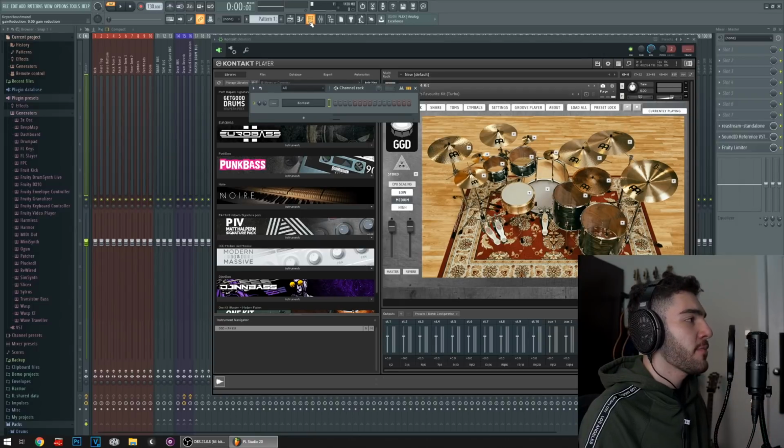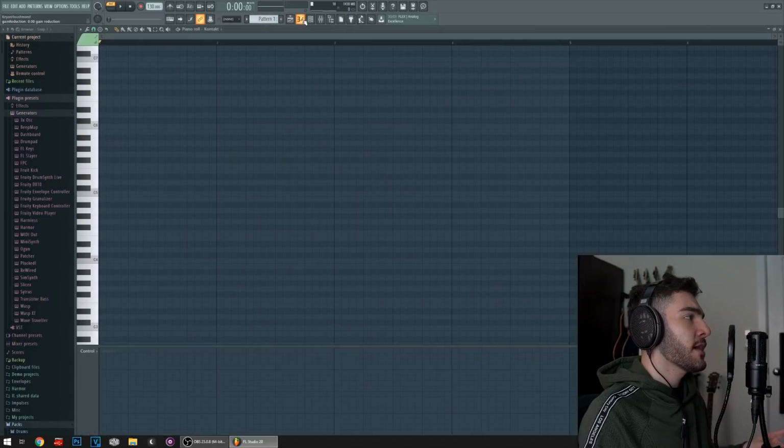I'm not going to show you guys how to program drums because this is just how to set up a project file so you can start making the music. But say we wanted to get drums going, what we do is we go into pattern 1, over here, 2, 3, 4, whatever. We'll go into pattern 1, click the little piano roll, make sure that our thing is selected